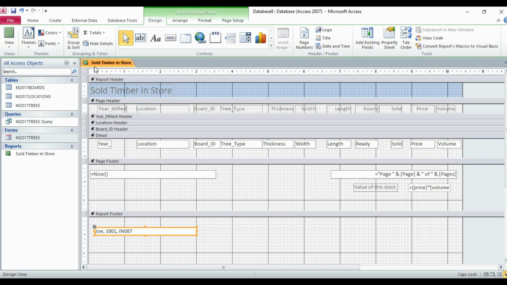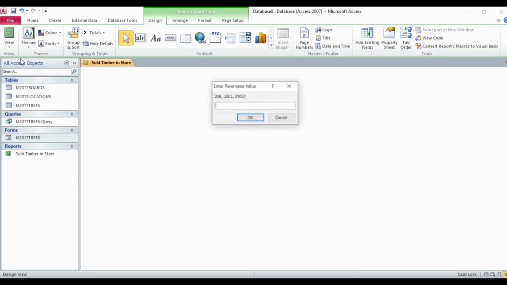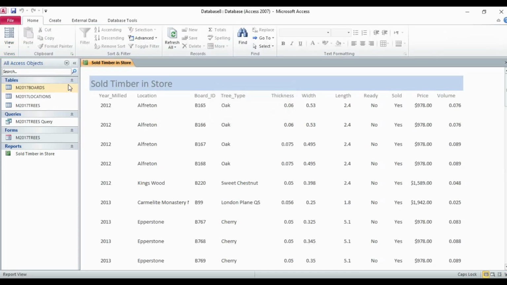Go back to the report view. There is some issue, let me check.